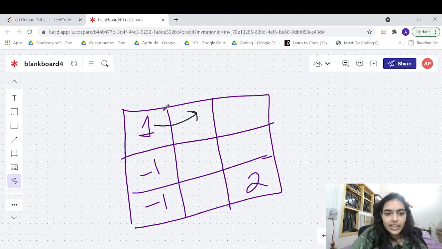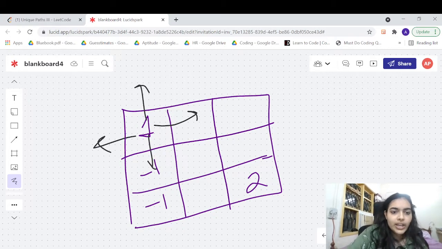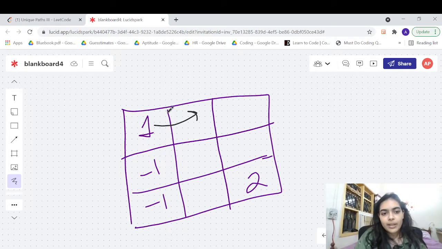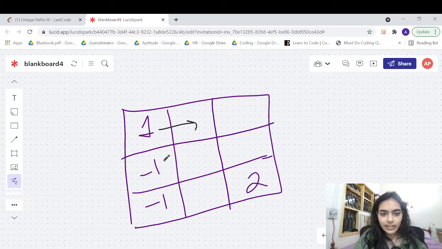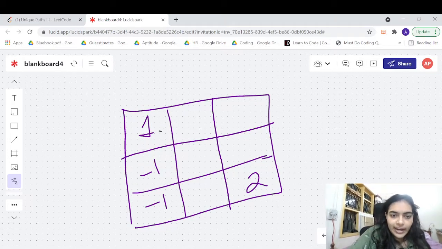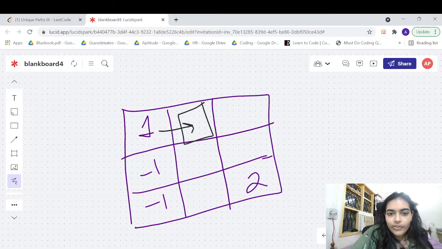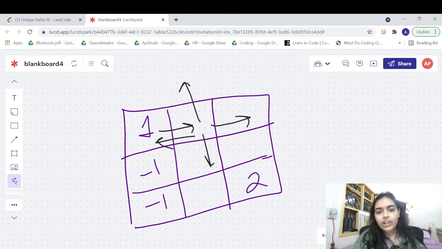So whenever you see -1 or the index goes out of bounds, in all these three cases, you cannot visit the path. Okay. So where will you visit? Once you are trying to visit the neighbor, it should be an empty path. So if it is an empty path or a destination path, you can visit it. So let us start from the source node and let us try visiting this path. Okay. Now when we are at this cell, again we have 4 possibilities, right?